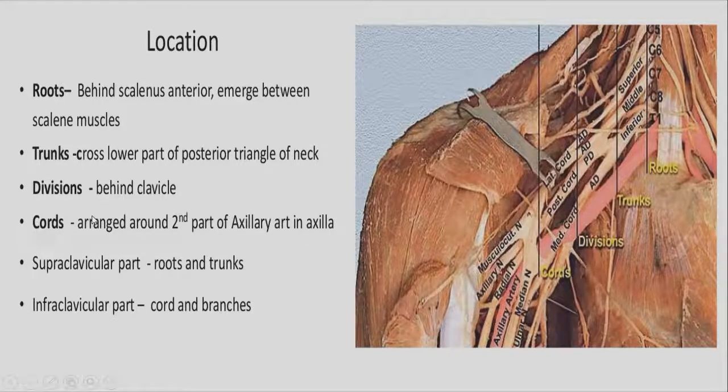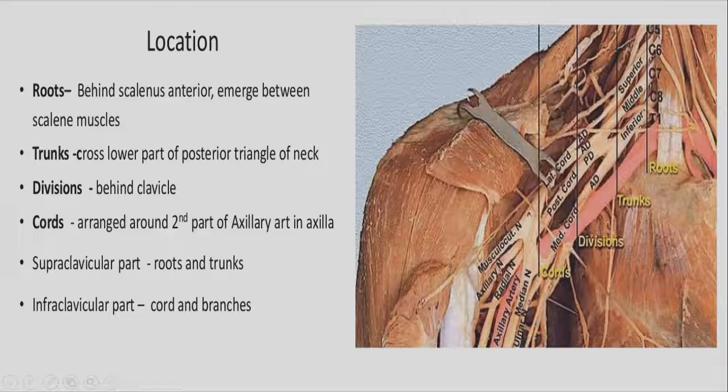Then for the cords, like I said, they are arranged around the second part of the axillary artery in the axilla. So the cords basically are found in the axilla. You have three cords: the lateral cord, which is lateral to the second part of the axillary artery; the posterior cord, which is posterior to it; and the medial cord, which is medial to it. Then from the cords, you are going to have the